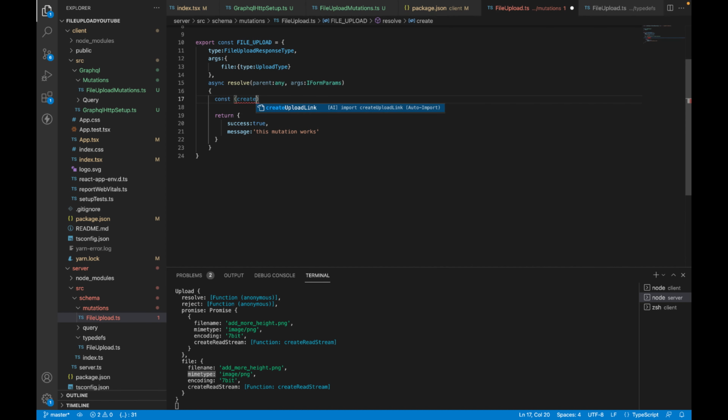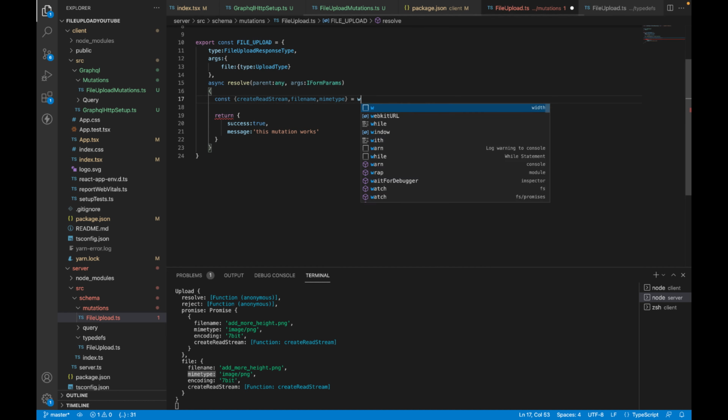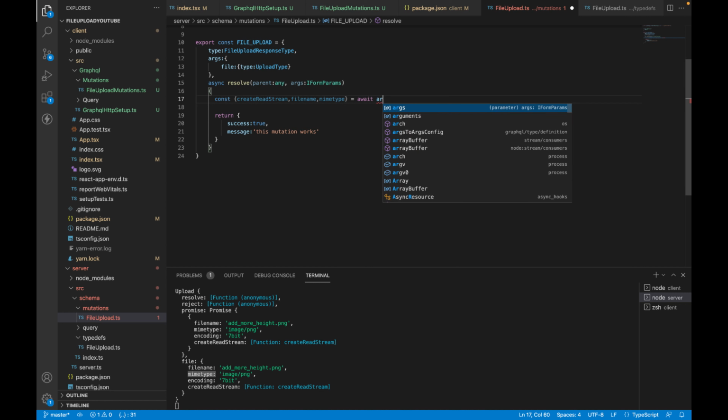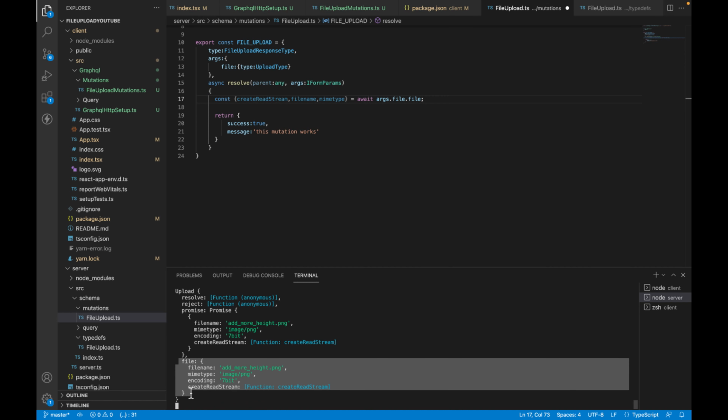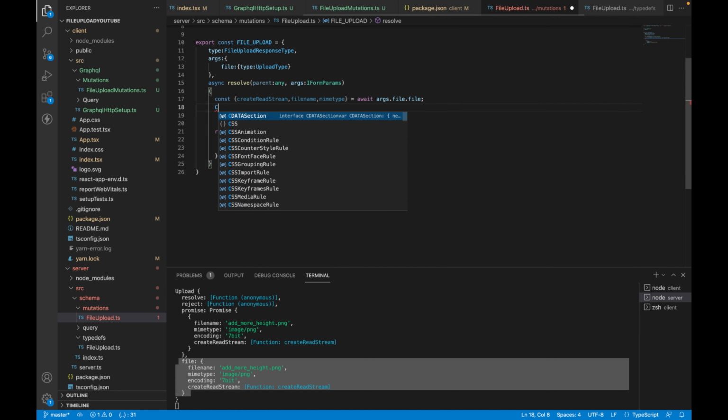All right, so what I'm going to do right now is extract those properties. We're going to extract the createReadStream, the file name, and the MIME type. Of course, this is going to be extracted from our argument, file props, which is this file prop here, which has the following parameters. And now that we have our createReadStream here, we can declare this and actually create the stream